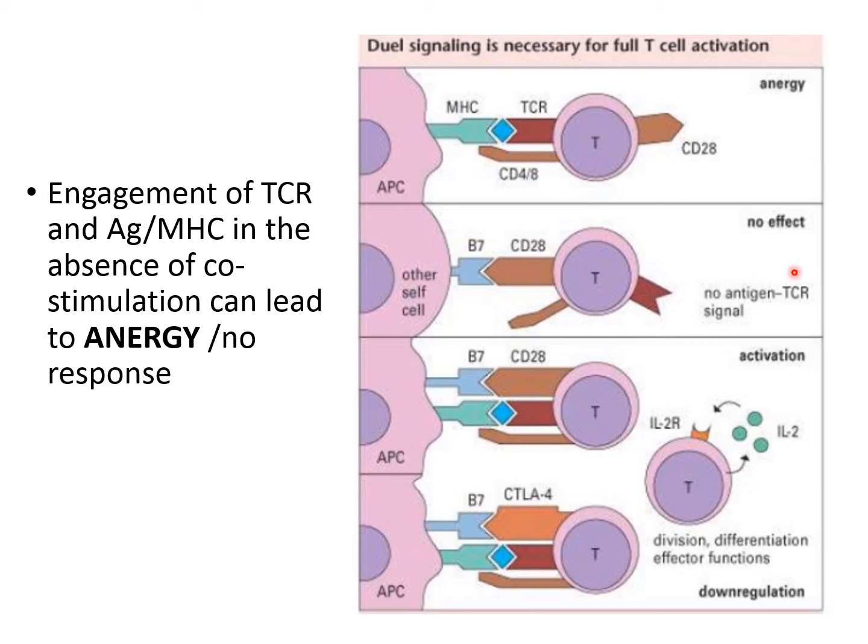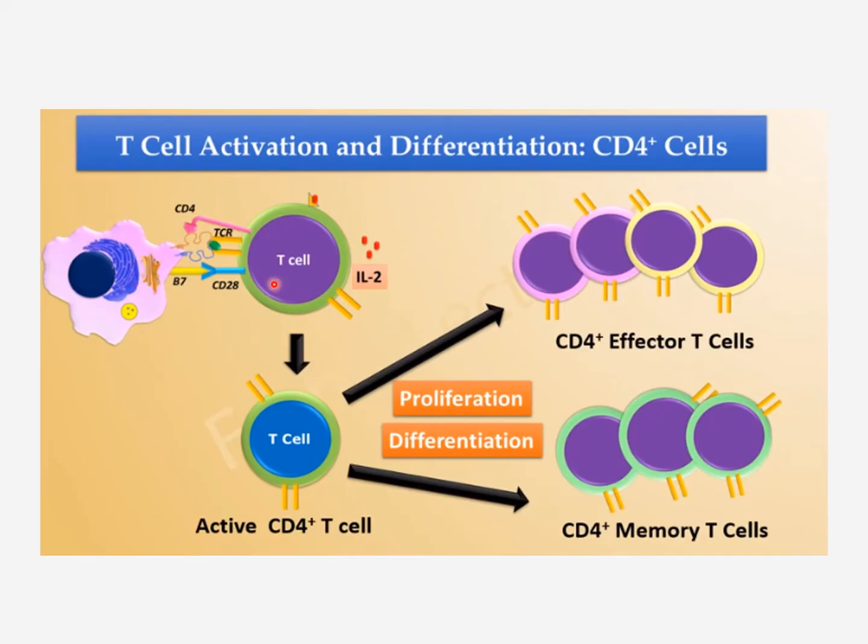Activation can only occur when the co-stimulator, co-receptors, and the T cell receptors have interacted with the MHC molecule along with the antigenic peptides. They result in release of cytokines, which results in the differentiation and effector function of T cells. Activation of T cells results in release of interleukin 2 by the T cells, which has an autocrine function.